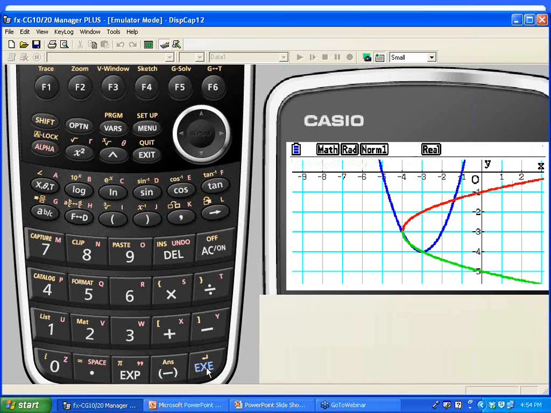So this gives you practice. If you see the inverse on the calculator, you're having to figure out what equation would mimic that graph, or you can type it in to verify it.